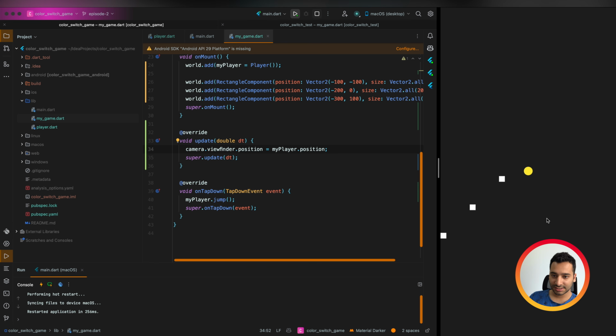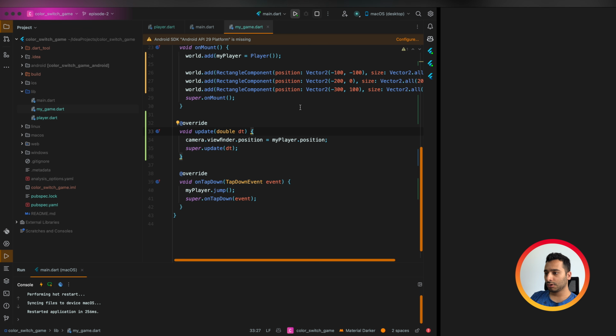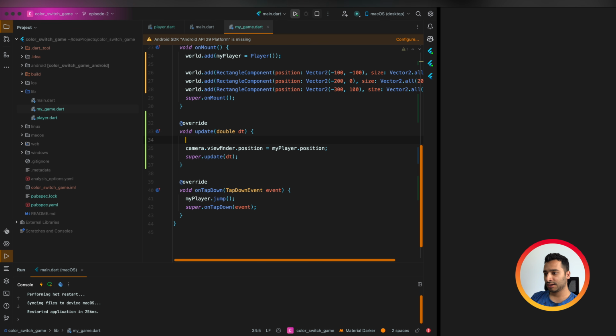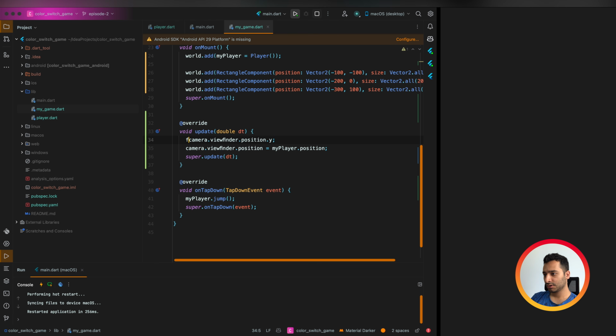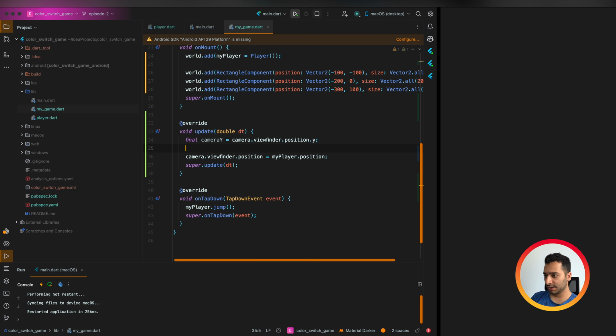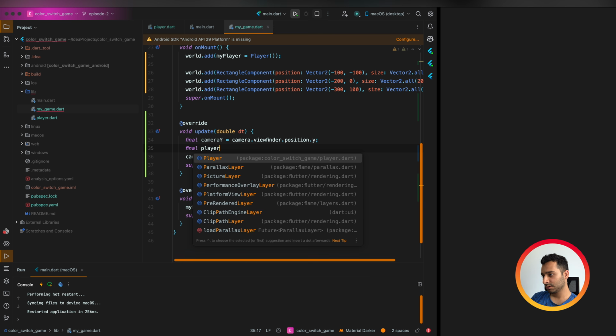This is the exact logic that camera follow has. Okay, we can say that this is the camera position.y, and this is the player.y.